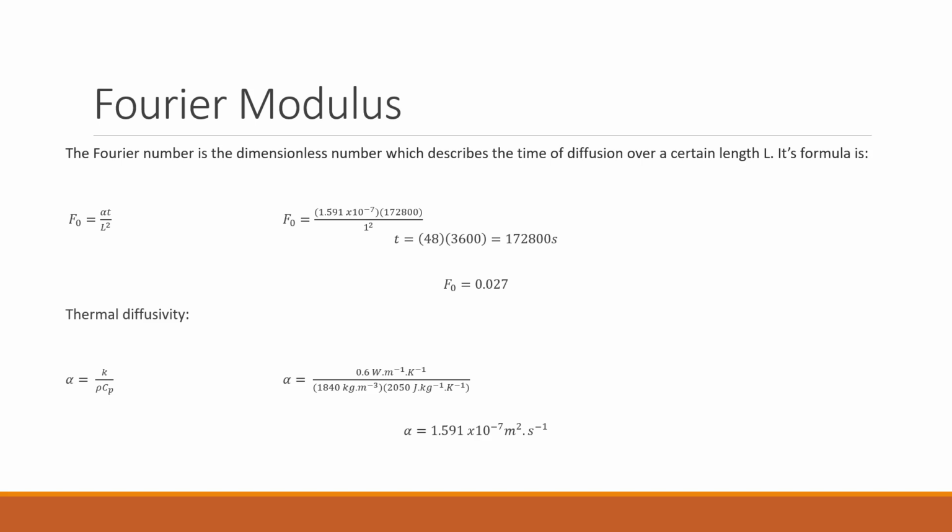So alpha is equal to k over ρCp, which is 1.591 × 10⁻⁷ meters squared per second. Now we just need to calculate the time in seconds, as the Fourier number uses seconds. This is 48 hours times 3,600 seconds, which is 172,800 seconds. Now we can calculate this dimensionless number, and it is 0.027